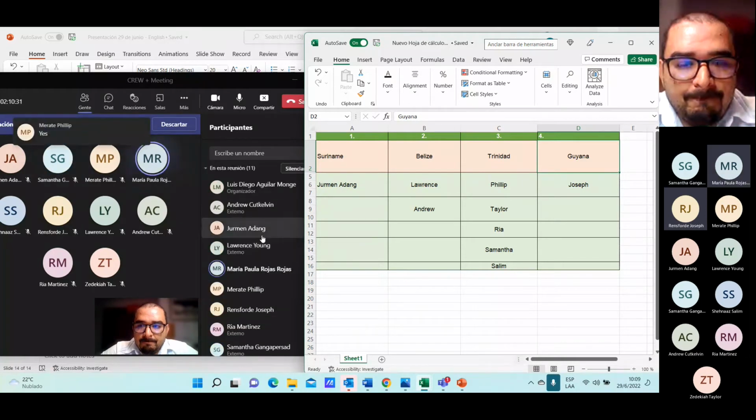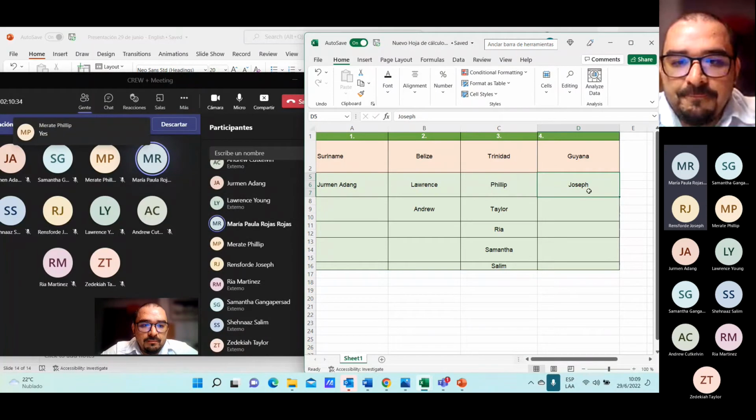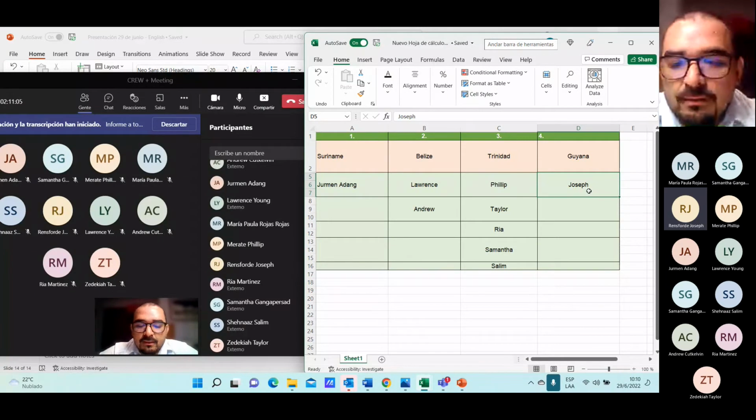So you can access the ICAP virtual campus, and in the campus there are all the materials of the sessions, also the videos, and a guide. Also, today I will send an email to you with all the recordings, also the materials with the presentations and the guide that Luis Diego is talking about. So we can have all the materials available. Thank you very much, Maria Paula.